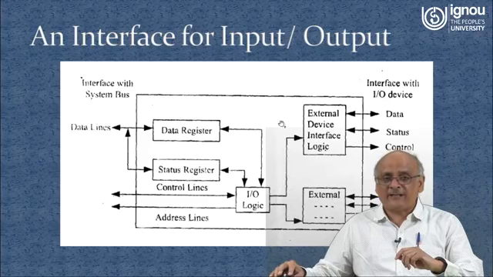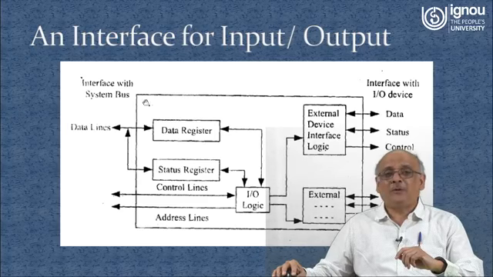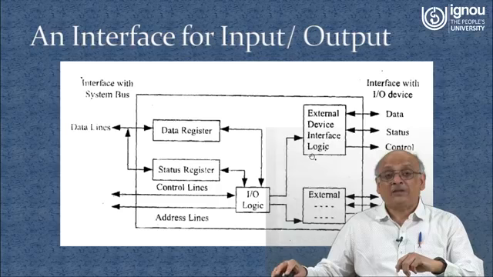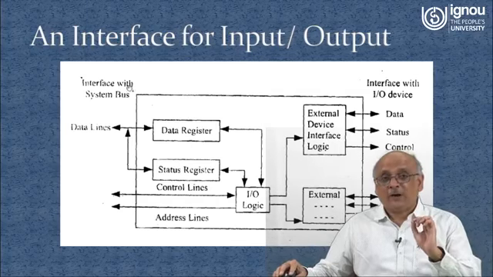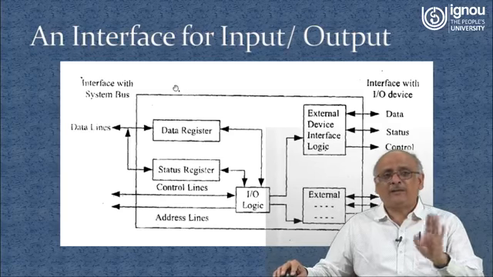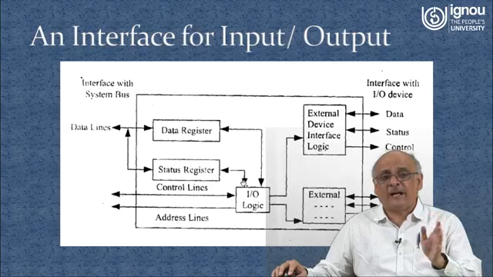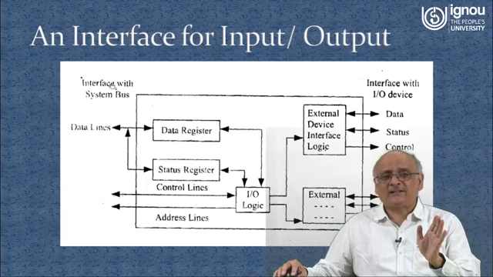Suppose the printer started printing the job; once it finishes, it will communicate that to the IO interface, and in turn the IO interface will return this information to the CPU, which will tell you your job has been printed successfully. So this is the interface which is responsible for communication between the two, and the CPU doesn't have to bother about the printing device. It doesn't have to wait for the printing device to finish. As soon as it finishes, the status register is going to indicate to the CPU that the work has been done, now you can